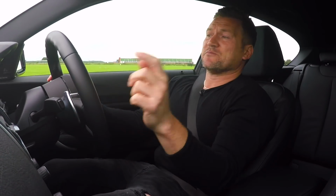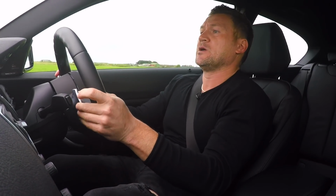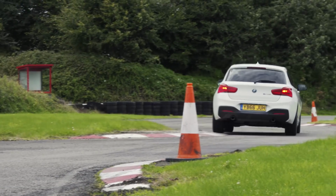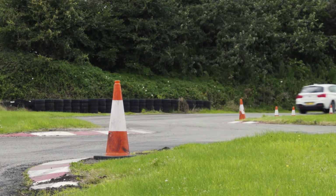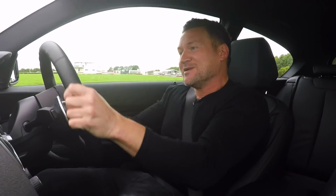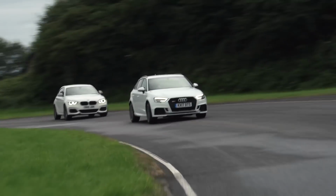It's much nicer to drive. The handling is much sweeter with the LSD. The breakaway is a bit more progressive. Though in the wet today, I have to be honest, I'm not really noticing a lack of LSD because it hasn't got loads of grip anyway, so it's quite easy to get those wheels spinning and turn in. Come on, use the weight transfer. So the trick is get the weight off those back wheels on the way into the corner, and then